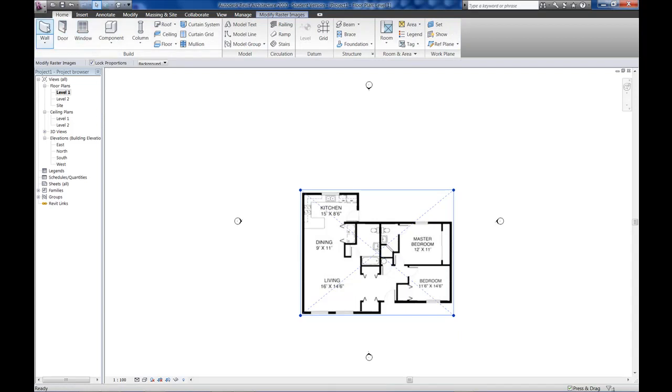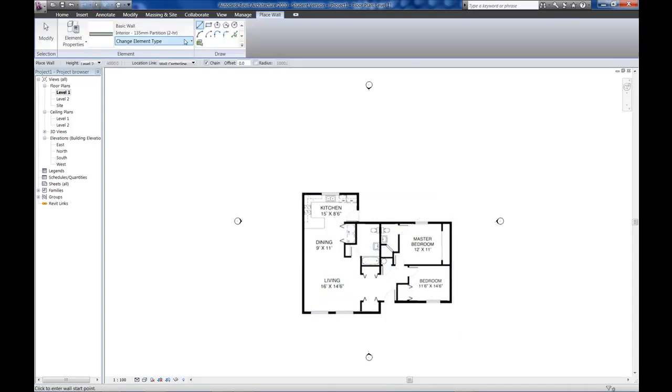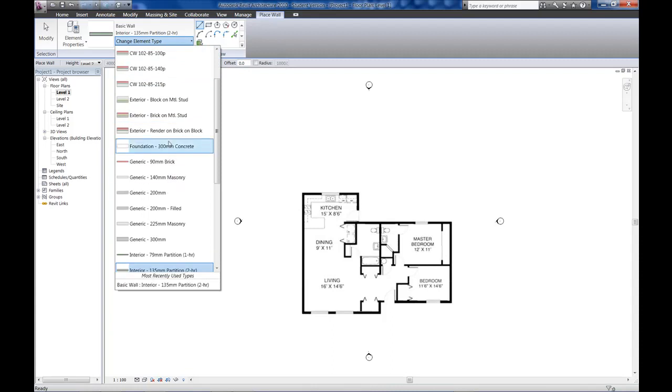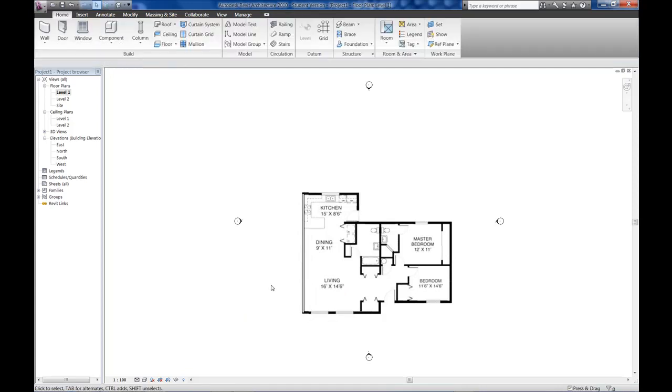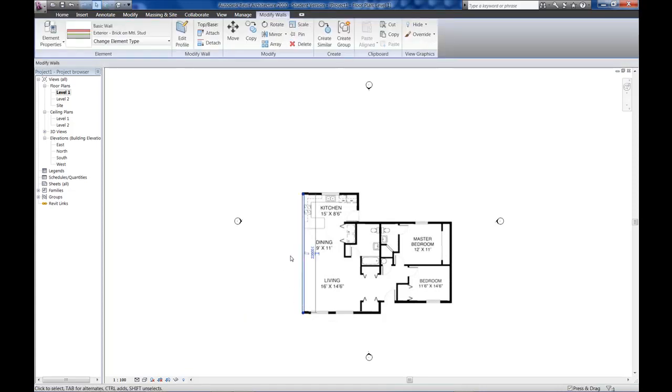Having brought this floor plan in, I'm going to go to the Home tab and pick the Wall tool again, and I'll begin with an exterior wall. I'll pick an exterior brick wall, and I'm going to click and drag, and there's my first wall created. At that I'm going to stop. I'm going to pick on that wall, and I have a realistic size in mind for that wall. I want it to be 20 metres long, so I'll click on that dimension, find I'm not too far away. I'm going to edit that to 20 metres,